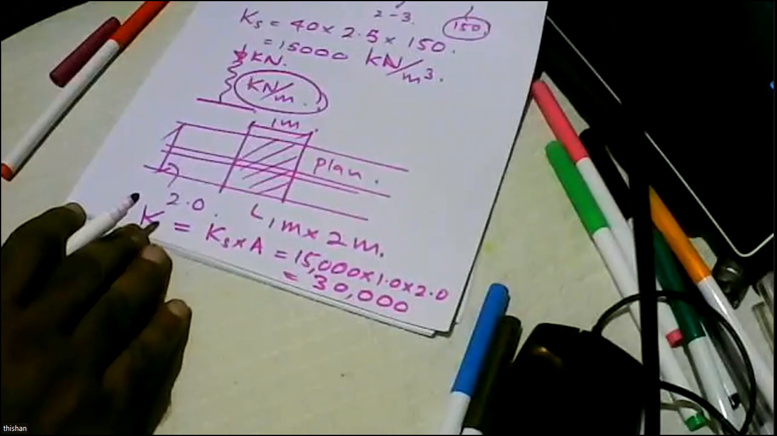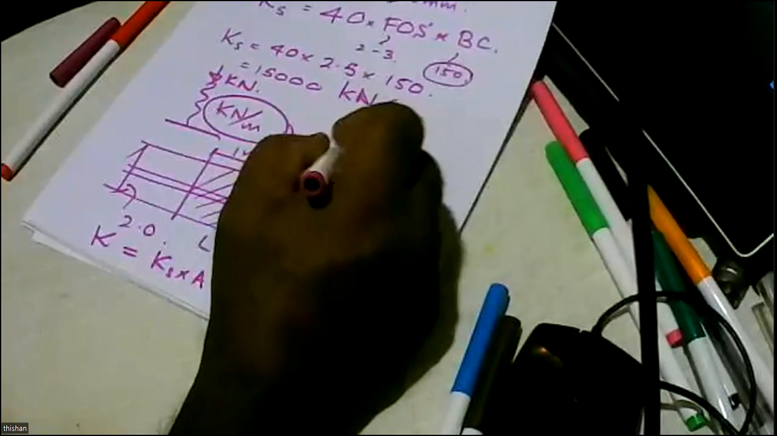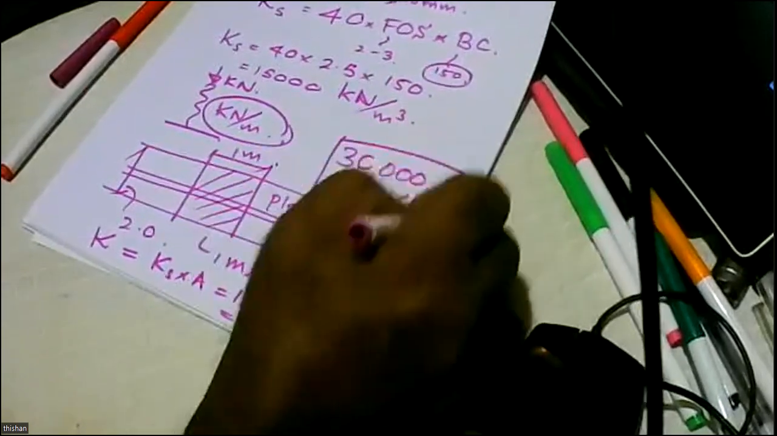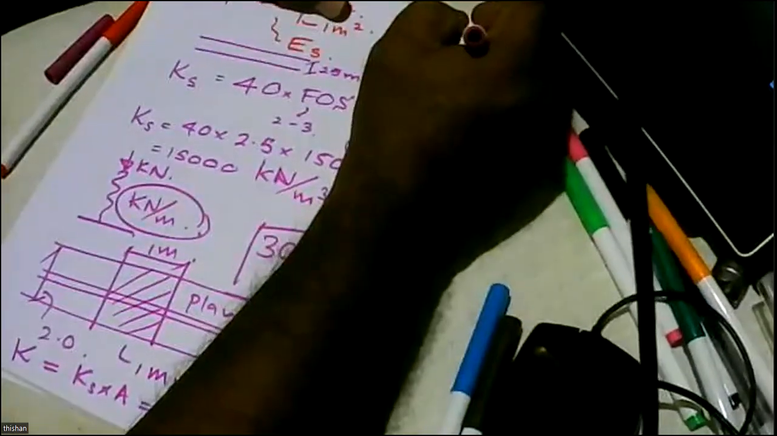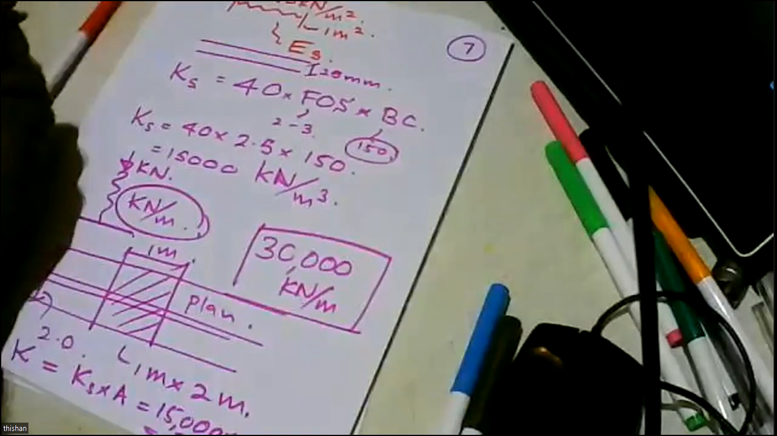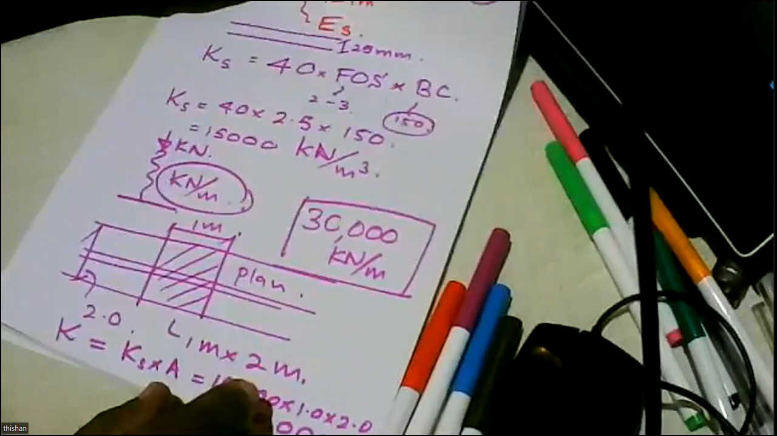So the spring constant that I have to substitute in the computer program is 30,000 kilonewtons per meter in the vertical direction. So that is the theory. The Winkler spring method is a pretty good method, and I would say a very useful method, but may not be extremely accurate. But it gives us a good opportunity